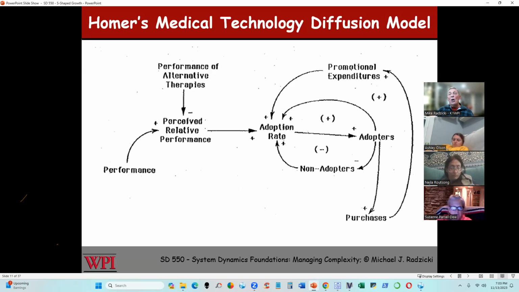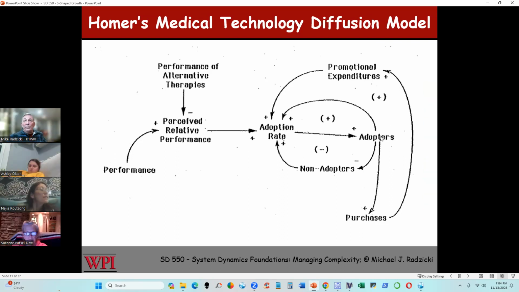area. So what's Jack's model all about? Well, it's a very big model. So I said, let's look at it in terms of some causal loop diagrams. So right away, what do we see here? Adopters and non-adopters and adoption rate. He started with the Bass diffusion model. Okay, but it's not just the Bass. There's much more than just that going on here, but